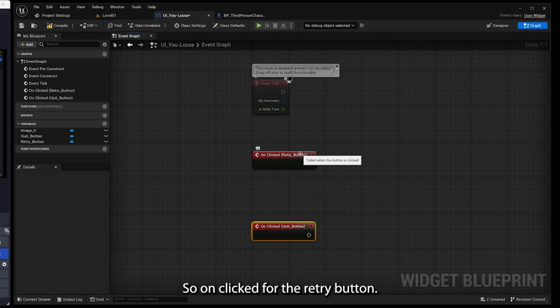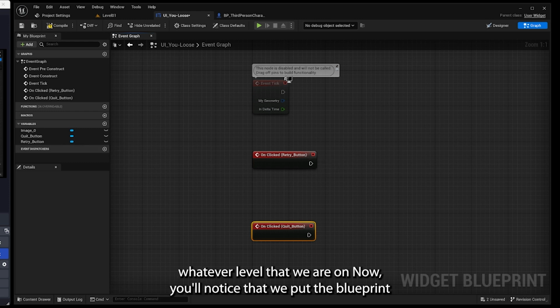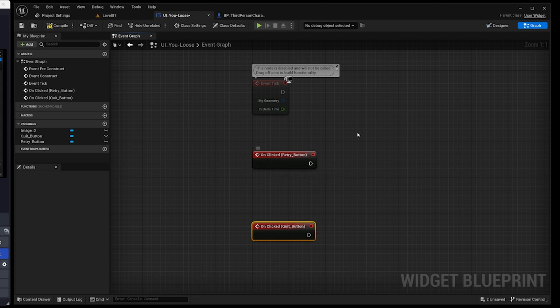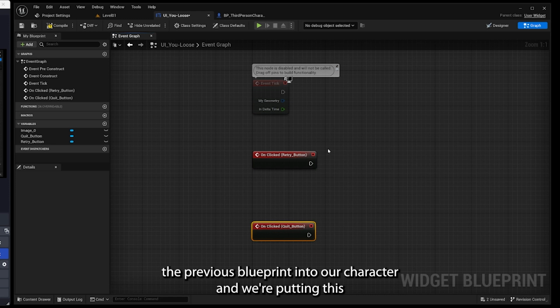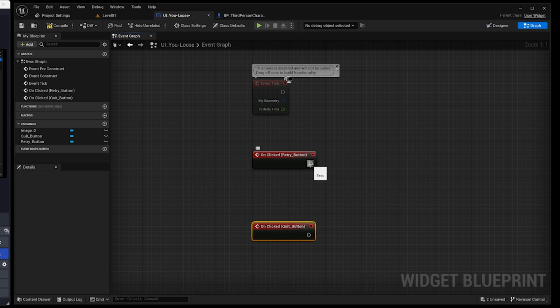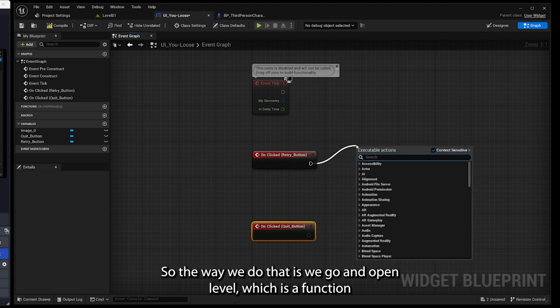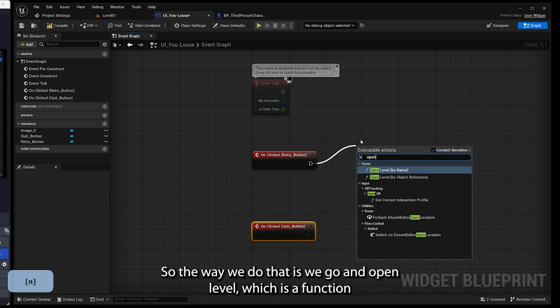Now we have our retry button and our quit button both lined up to bind to some external event. So on clicked for the retry button, we want to make an open level, and we want to make sure that it's whatever level that we are on. Now, you'll notice that we put the previous blueprint into our character, and we're setting it up so that this screen can reappear however many levels we have. It's not bound to, like, if you click retry on level 3, you're not going to jump back to level 1. So the way we do that is we go open level, which is a function,